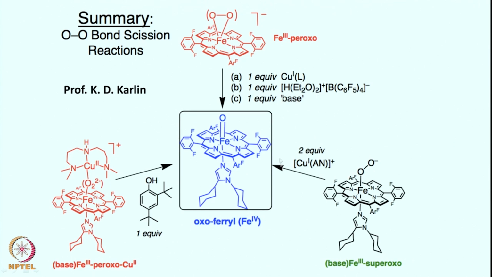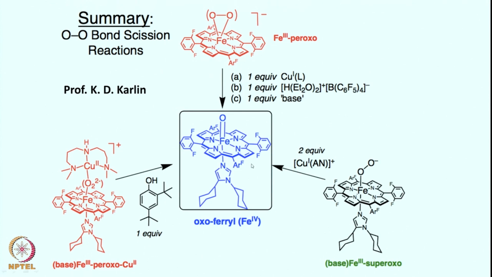This can give rise to this species. Just to remind you, if the base is not there, which is this dicyclohexyl imidazole, this reaction does not work. Of course, if proton is missing, this reaction does not work. If copper 1 is missing,